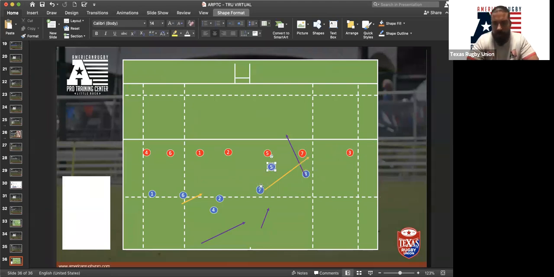So we're using the 5 as the ball carrier. They come around the corner and they're coming through this gap. So the 7 bites in onto the 3, and then all of a sudden there's the gap that we have for the 7 to come through. And so you'll see X lines a lot in the 15s game.